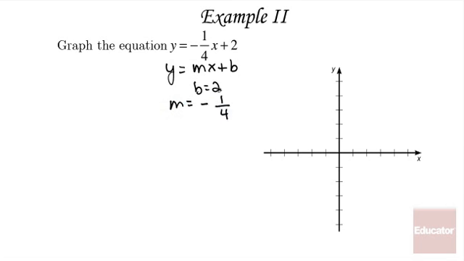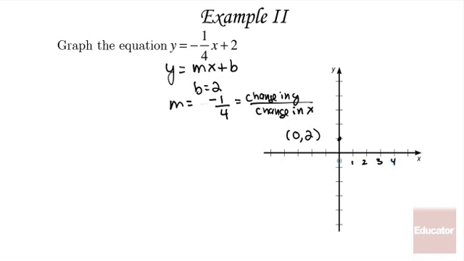Since b is equal to 2, that means that this line passes through the point (0, 2). When x is equal to 0, y is equal to 2. The slope is equal to the change in y over the change in x. And if I look at this instead of -1/4, if I just look at it as -1 divided by 4, then it's easier for me to see that what I need to do is decrease y by 1 to find the next point, and then increase